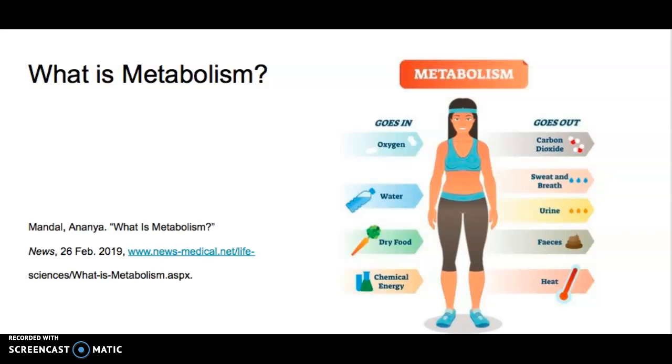What is metabolism? Metabolism is a definition of all chemical reactions that are involved in maintaining the living state of the cells and organisms. There are two categories of metabolism, which are catabolism and anabolism. Catabolism is the molecules that are broken down to obtain energy. Anabolism is a synthesis of all the compounds that the cell requires.